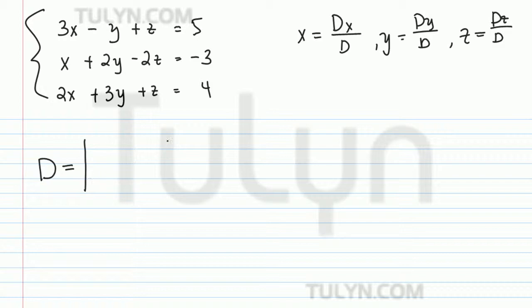So d is found to be the 3 by 3 determinant that's made up of the coefficients of x, y, and z. So the first column is going to be the coefficients of x, so 3, 1, 2. The second column is going to be the coefficients of y, and the last column is going to be the coefficients of z. So now we can solve this determinant, and I'm going to use the expansion of minors method